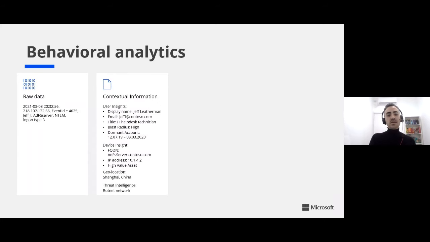What we do next is that we add lots and lots of information on top of that. We add contextual information that we can find on AD or AAD, and it will give you information like the full name of the user, the email, the blast radius, like Javier explained to us. If we have information about a public IP address, we'll be able to translate it into a geolocation. And even if we have some threat intelligence that we get by correlating the IP with information that we have in Microsoft, then we'll be able to show you also information like TI indicators.